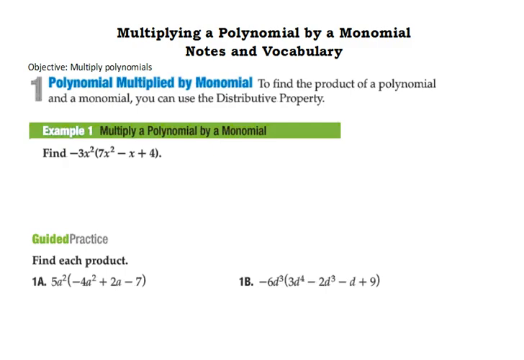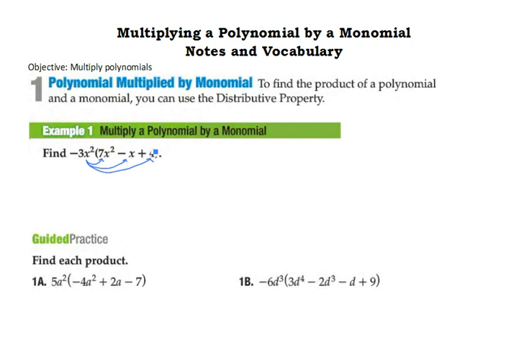Okay, objective of this section is to multiply polynomials. Remember that we are multiplying a polynomial with many terms by a monomial with one term. There is a lot of just drill and practice type of problems in here, but again, don't get frustrated with that because this concept is very important for many of the chapters later on. Again, when we multiply this, we just learned that we are using that distributive property